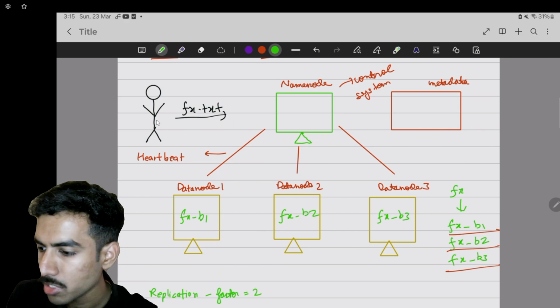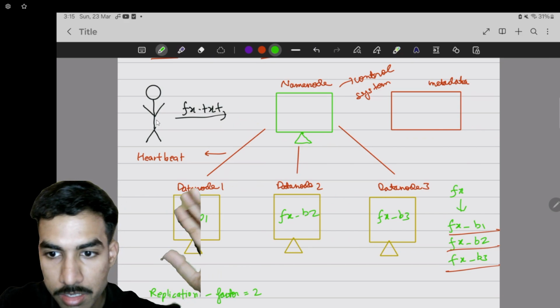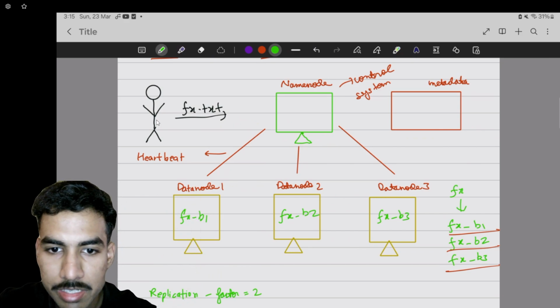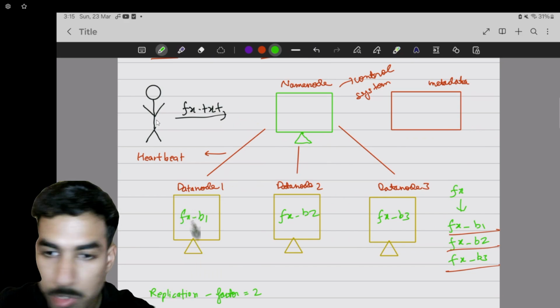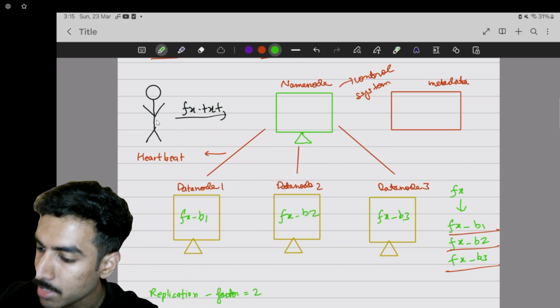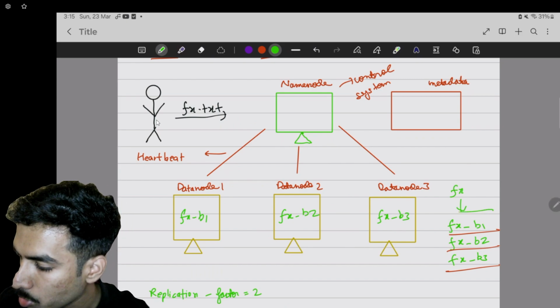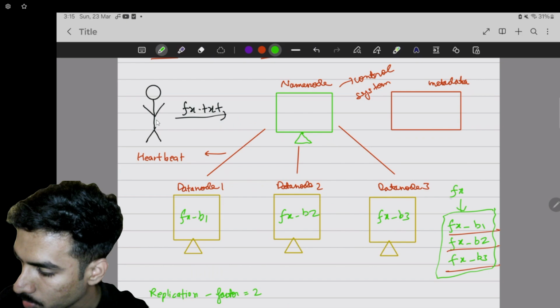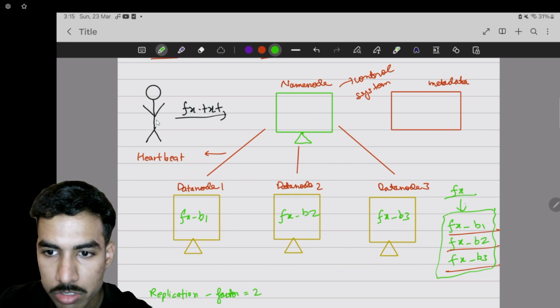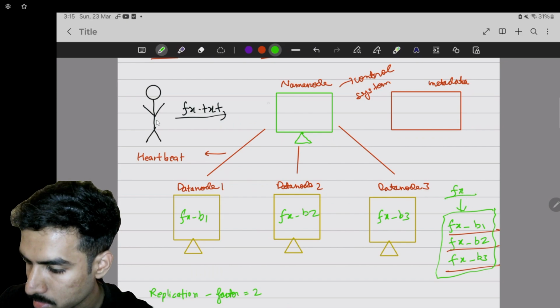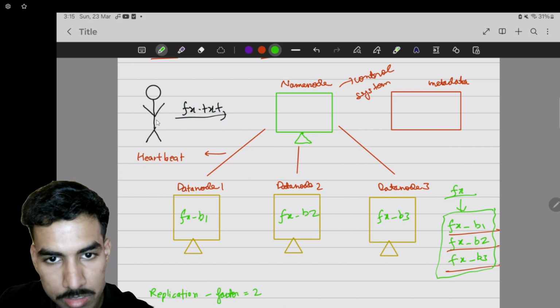Okay, I'm just giving an example. Name node could have decided that fxb2 should go inside data node 3 or fxb3 should go inside data node 1. The order could be different, but the main point is that the name node would decide where these blocks would go. Once fx is split into 3 blocks,